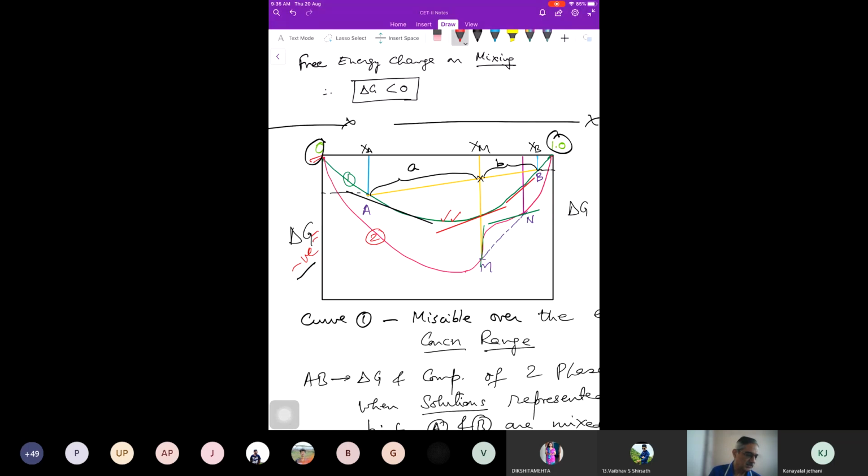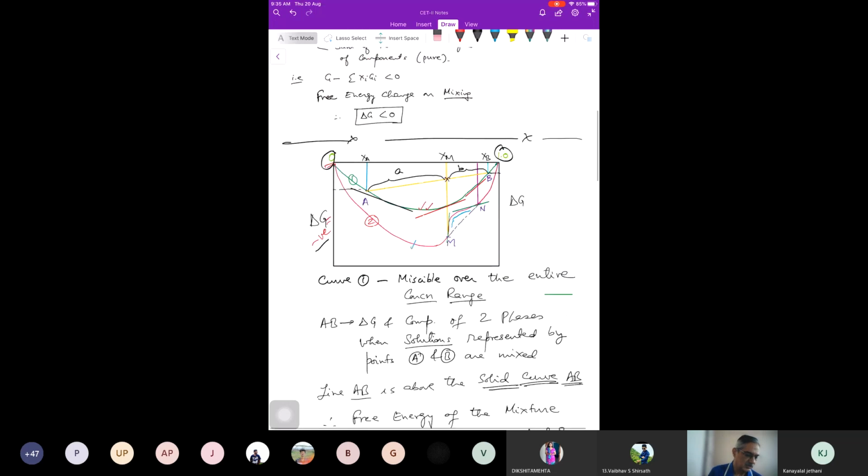And the other one is this red curve, which is moving like this. It's going, turning like this and turning like this, right? Okay. So if you look at curve 1,